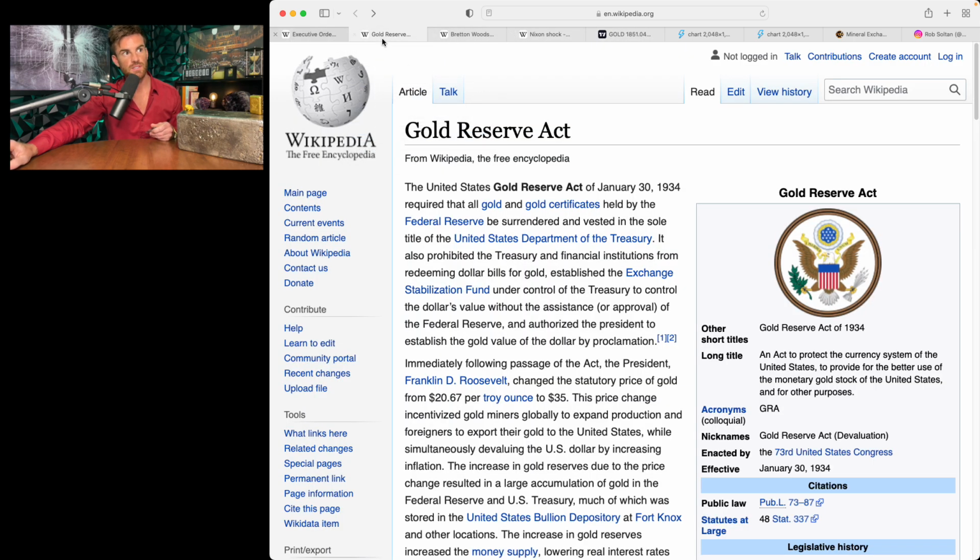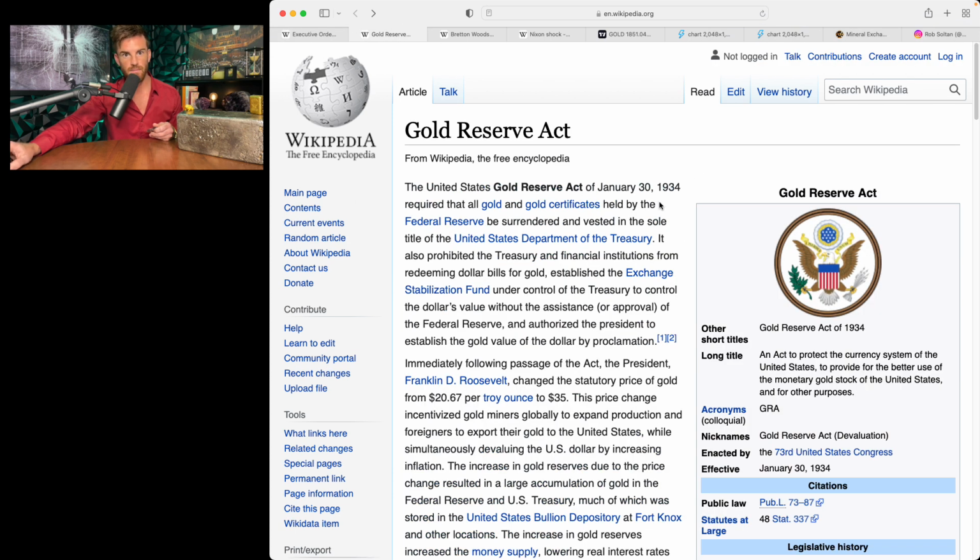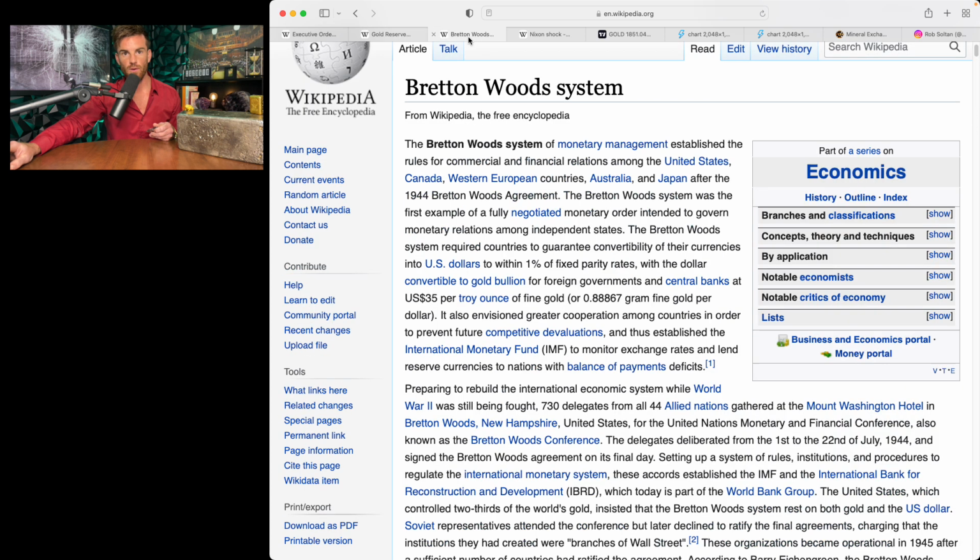Now, the next year, so I'm kind of pushing those into the same thing because it's pretty much the same year, 1933 and 1934, but we're going to classify that as one of the three, which is 1933, they stole it. 1934, they kind of kept it stolen and then made it so that all of the gold changed the price to $35 an ounce. And then the Bretton Woods Agreement happened.